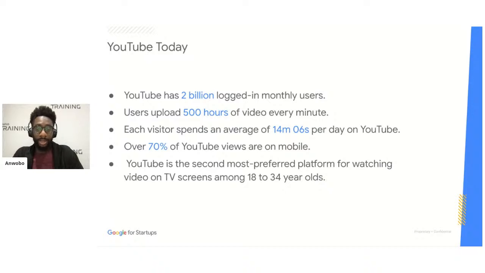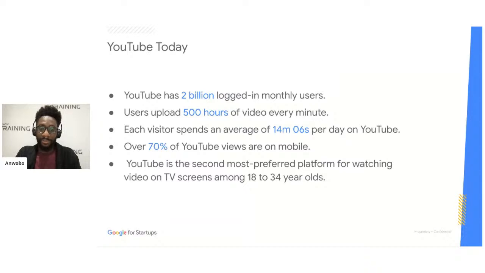In fact, it's second only to one other platform, and I'm sure you may have guessed it here. I'll just give you a moment again to think about it. What do you think is the number one platform for watching video on TV screens for 18 to 34-year-olds? And I'm sure you might have guessed it. The answer is Netflix. So it's Netflix, which is number one, which I think is pretty understandable there. But the number two platform for watching video on TV screens is YouTube. So I think that's absolutely huge. I can see, and pardon me, Timoteus and Sadia both getting it correct in the chat there with Netflix.